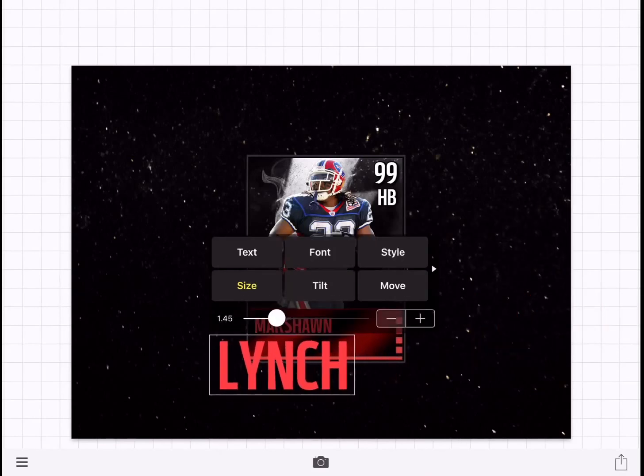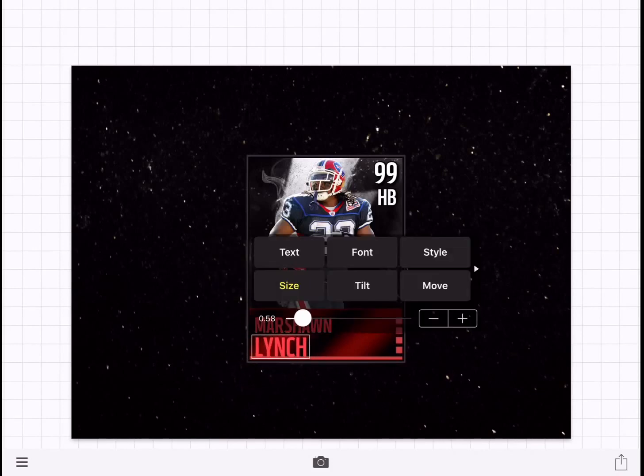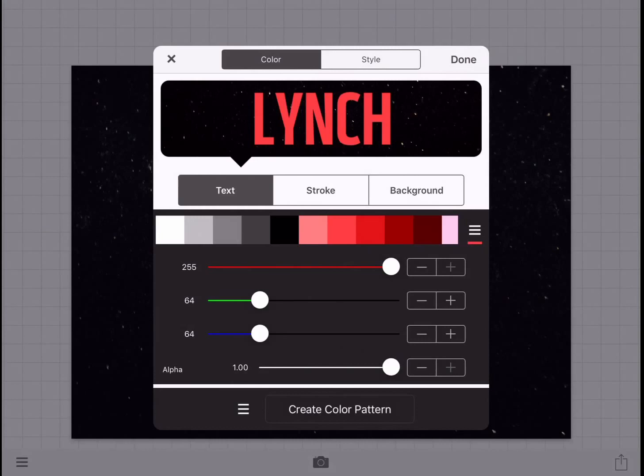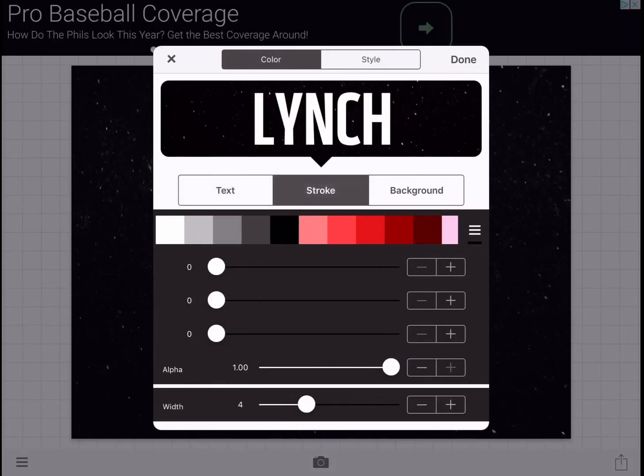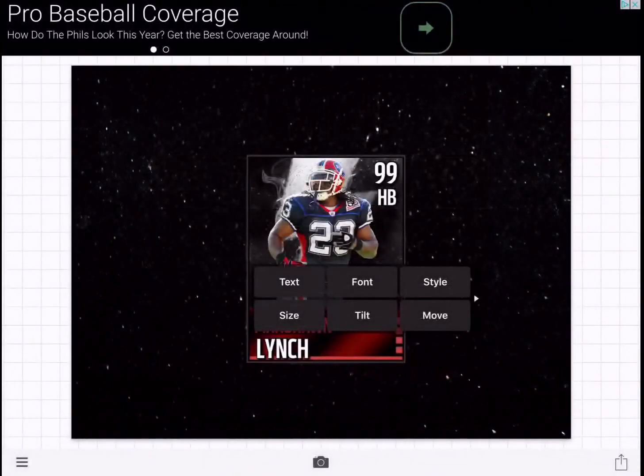I'm going to make a custom card. I want to make it whatever player I want, but I want to try to make it as close to the real thing as possible. But that's just me. If you want to make it blue font, invert colors and stuff, go ahead, by all means do that, but that's just me.